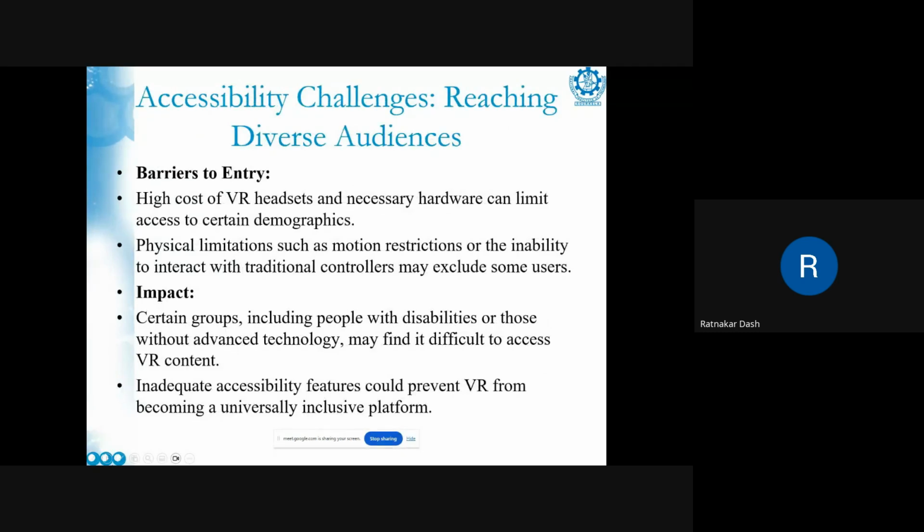Then accessibility challenges to reach diverse audiences. As we know, VR headsets and the necessary hardware cannot be afforded by all of us. So the cost of these VR headsets and the hardware required for immersing ourselves in the VR environment also puts a limit on using VR. And physical limitations such as motion restrictions or inability to interact with the traditional controllers may exclude some users. Some users are not familiar with some of the controllers or sensors that are required and available in the VR headset